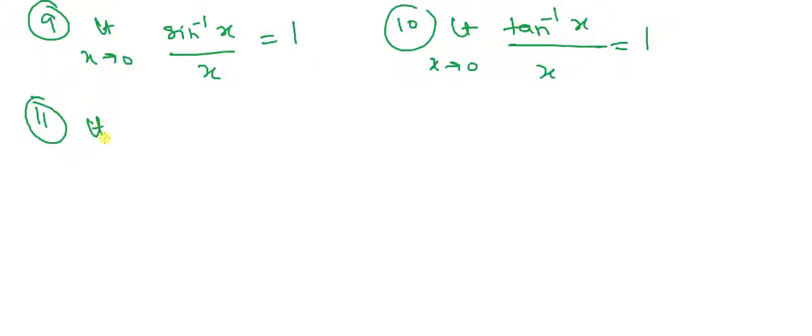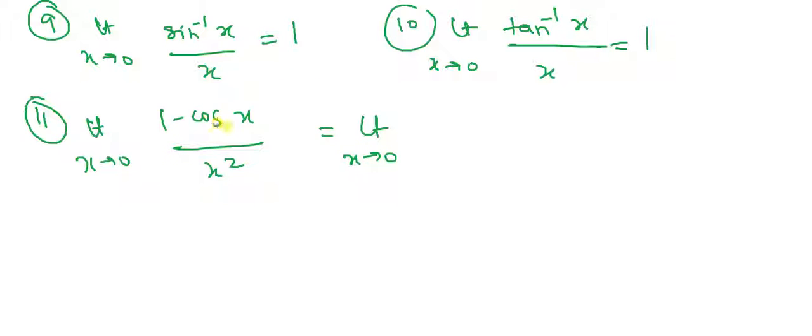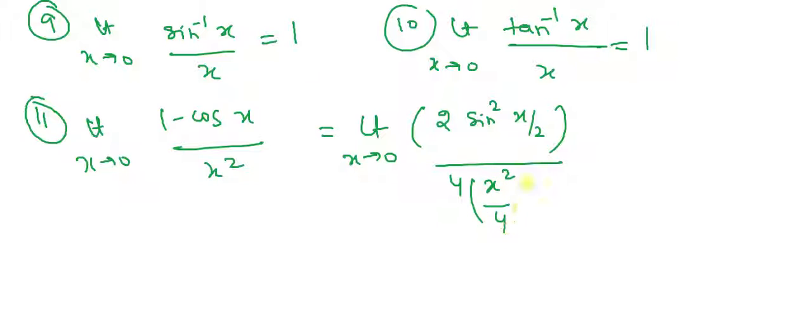Another one, 1 minus cos x upon x square. So it should come out to be what? First of all, we'll see the formula for 1 minus cos x. 1 minus cos x is equals to 2 sine square x by 2. Divided by 4. Why 4? I'm dividing it by 4 and multiplying by 4, just to get numerator and denominator same. In this theta should be same, x by 2 whole square, because there is a square here, it should be 2 times. So this will become 1. You'll be left out with 2 by 4.